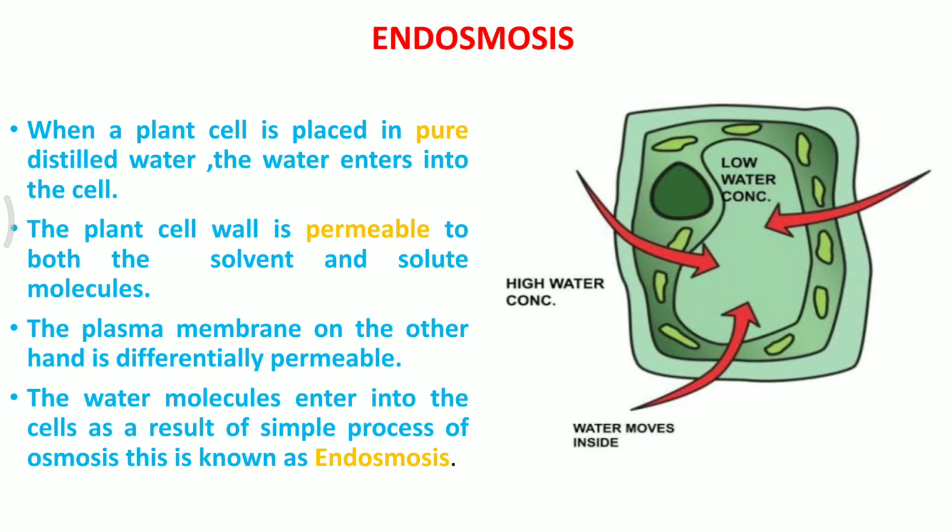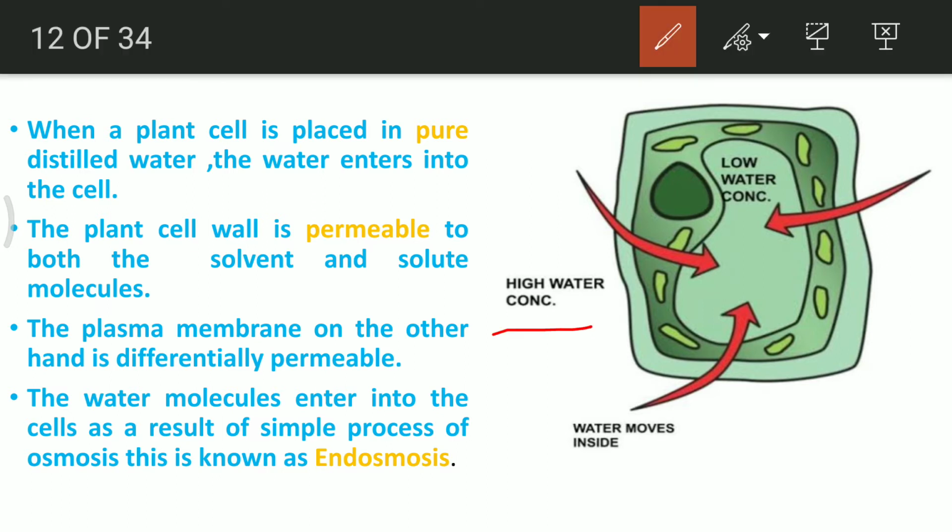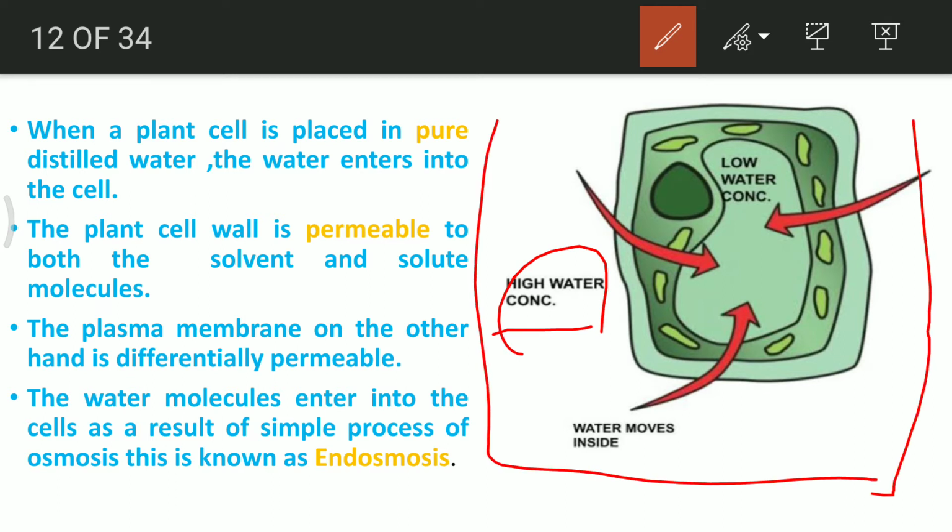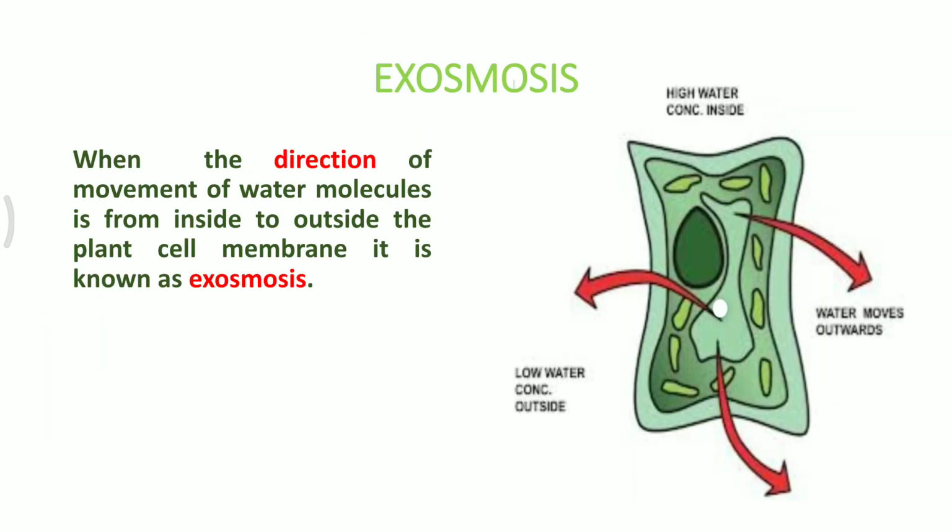There is a high concentration of water, as you can see here, because the water content outside the cell is much higher. Think about a beaker with water in it. Since water is present in the beaker, the movement of water molecules takes place from outside to inside the cell, making it swell up. The next term is exoosmosis, which is the reverse of endoosmosis.